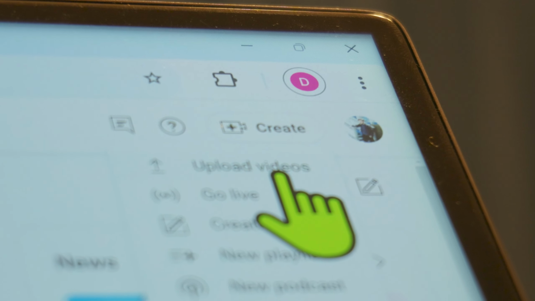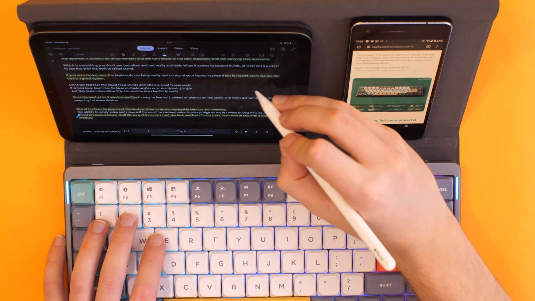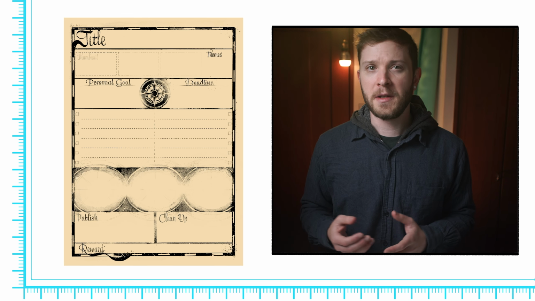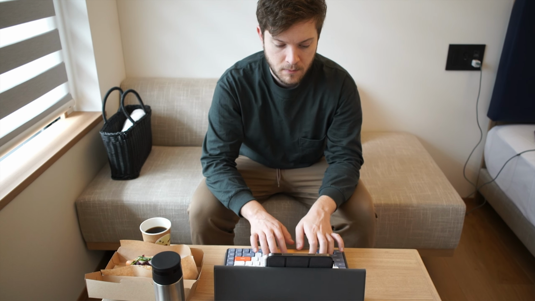Publishing. This section may seem redundant because we already have a deadline section, but oftentimes the date we write in deadline is not going to be the publishing date, and there may be administrative or creative things that need to get done in between the deadline and publishing dates. For example, sometimes I release supplemental materials like this worksheet, which will be available for download in the description, which takes time to prepare. Or you might want to coordinate a social media campaign alongside your release date and need to cut out small snippets from your video. So in this section, I write these reminders so that hopefully I don't have to rush at the last minute.